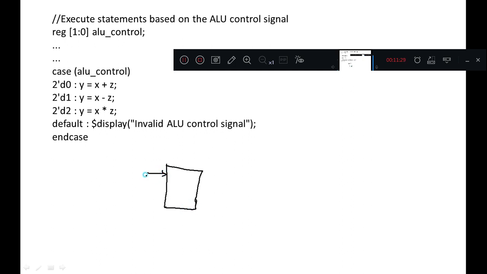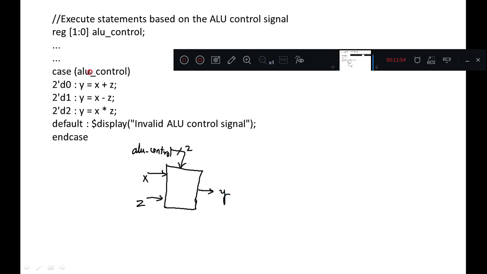X and Z are inputs, and you have ALU control also as input. Y is the output. So this is your block.